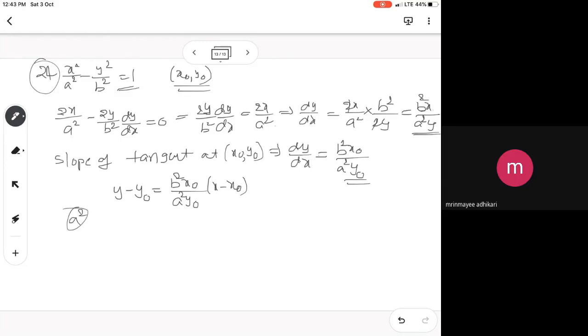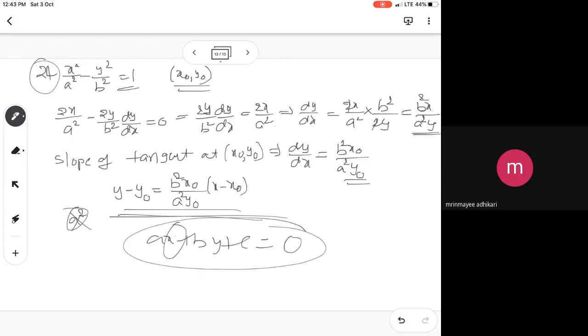Simplification to get the required answer is not necessary. Here, if you simplify a little bit, and take the x coefficient and y coefficient all together, make this equation into the form ax plus by plus c is equals to 0, with x, y and some constant. Bring it into this form in any way. If you make it into that form, then you are going to get the required answer.